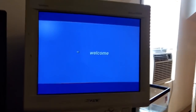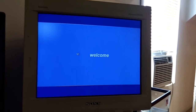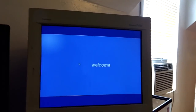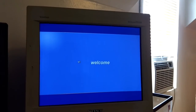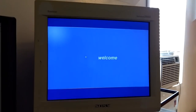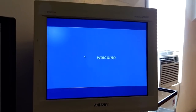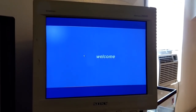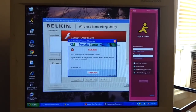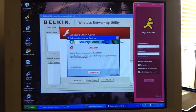And this will of course be wiped clean. The only thing I like to do if I get a computer with someone else's life still present on it, I just like to look at dates and see when this thing might have been last used. Well, it's taking its sweet old time starting up, so I'm going to pause the video and we'll come back when we're at the desktop. Oh, never mind. Well, it's about an hour later. This thing is so mercilessly slow,